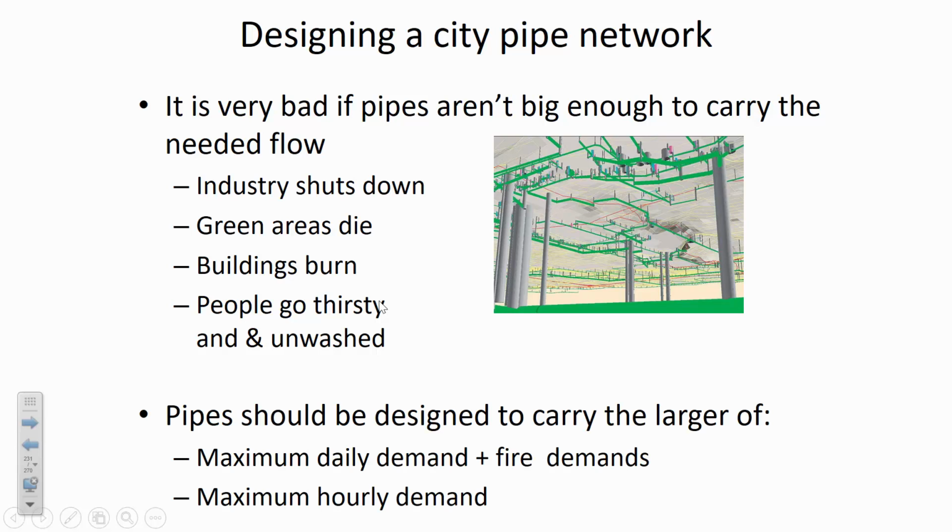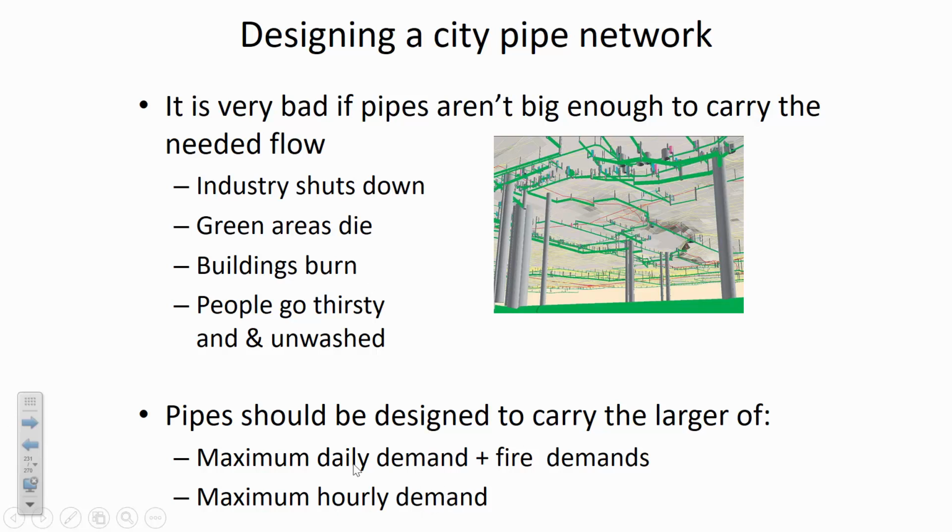In your project, I've instructed you that the design flows are going to be the larger of the maximum daily demand plus fire, and of course it's only the residential areas we're assuming have fire demands. And the rationale for that is that we're assuming commercial areas and industrial areas have fire suppression systems that would reduce the risk of fire, so that it's only the residential structures that have a demand on the pipe network itself. So the larger of that or the maximum